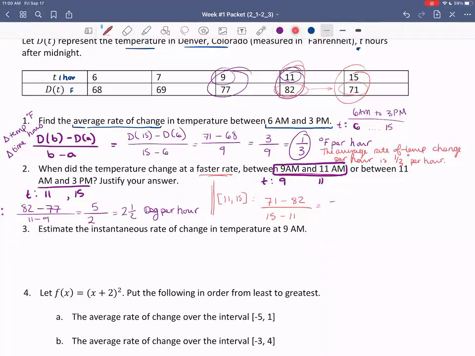So we do that difference, we get negative 11 in the numerator, and in the denominator, we get 4. So here we have negative 2 rather, and 3/4 degrees per hour. So what we just computed is the average rate of change over the interval 9 to 11, and over the interval 11 to 3 p.m. So the question asks, when did the temperature change faster, or when did the temperature change